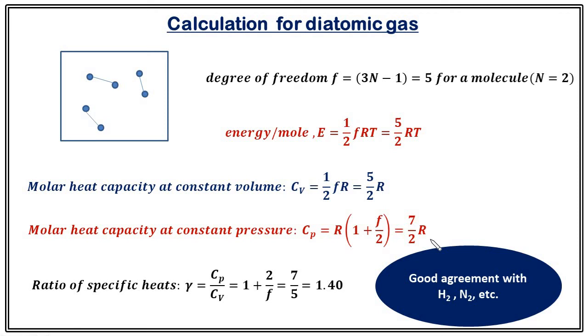Let me tell you one point. Here we have only considered the translational motion, that's why the degree of freedom is 5. But what will happen if you consider other motions for these molecules? It may have a vibrational motion, and if you consider the vibrational motion, then you will find the degree of freedom will increase. As a result, the ratio of specific heats will change. But at room temperature, with degree of freedom equal to 5, the experiment as well as the calculation show excellent agreement, which means other modes like vibration are not playing much role at room temperature. That's why we are getting excellent agreement with this assumption, that is, only translational motion.